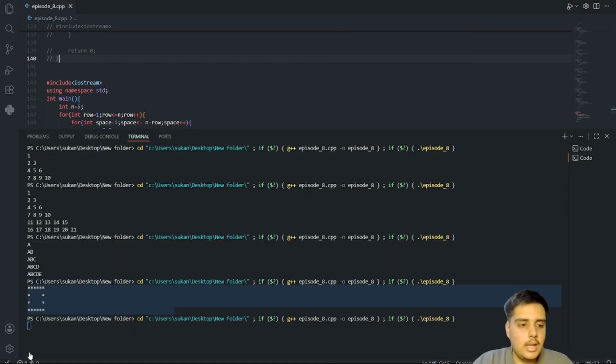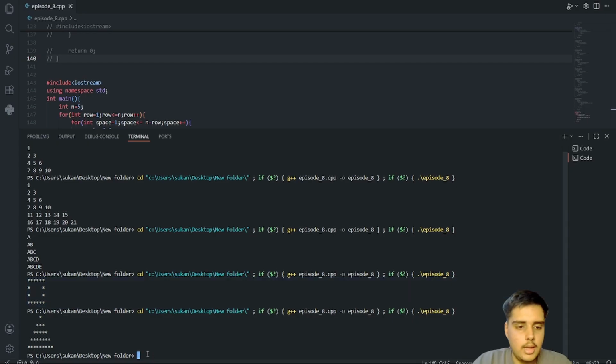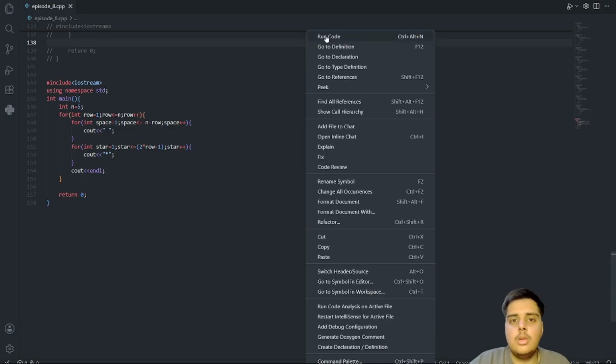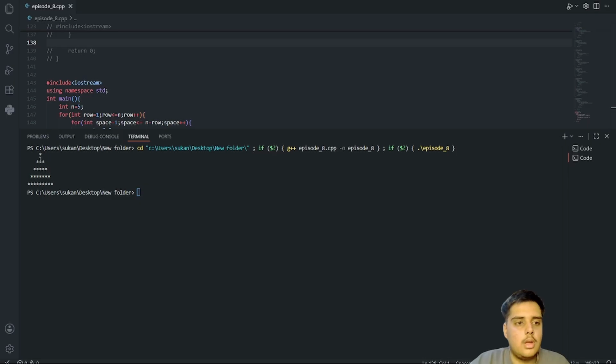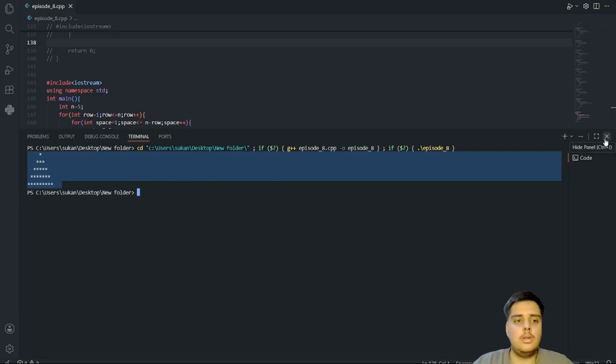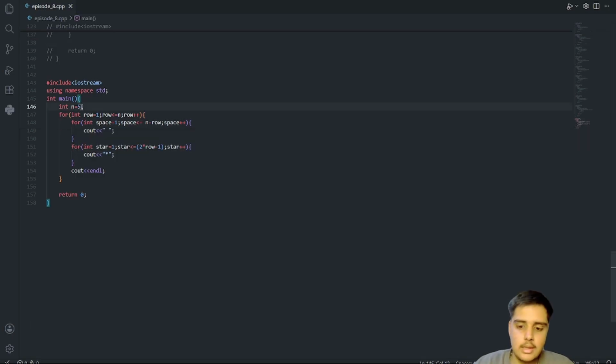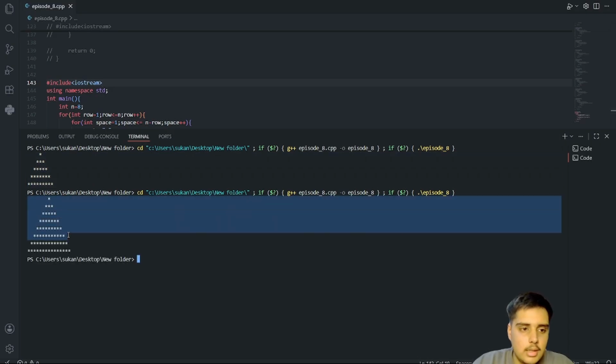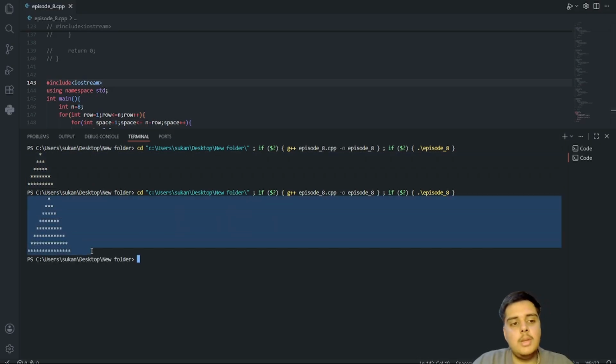So now when I run the code, here you go, a pyramid structure for a series of 5 rows. And similarly, if I change the number 5 to 8 and run the code, this time it's 8 rows for the same pyramid.